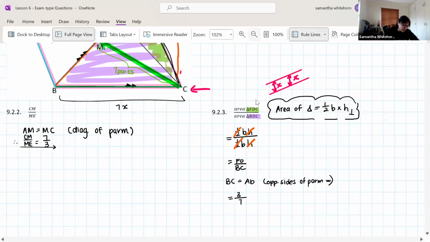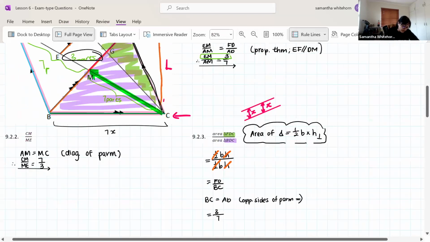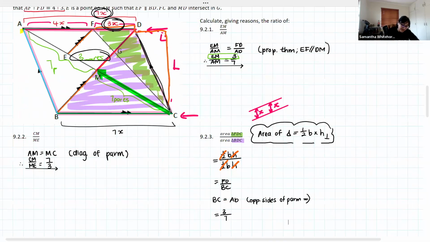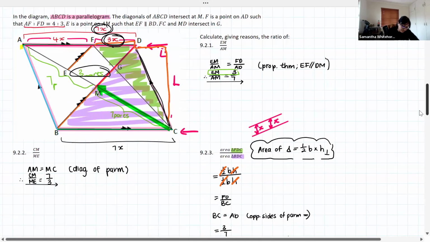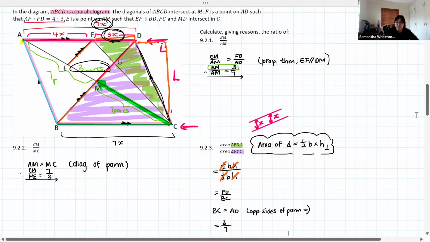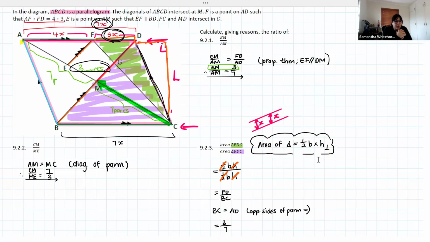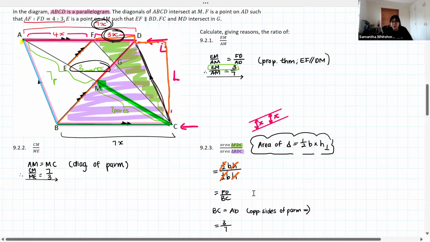So one of the things to look out for when they do ask for areas of triangles when it comes to similarity and proportion is that same height situation. Do the triangles fall between the same pair of parallel lines in order to give it the same height? Alrighty. So these are just working out some ratios using similarity and proportion. A slightly more complex question of the area of triangles, but like I said, look out for the triangles falling between the same two parallel lines, and then you're able to simplify it so much easier to just work with